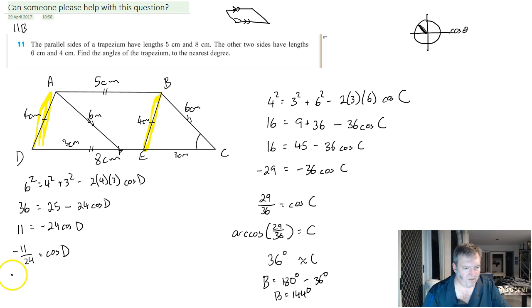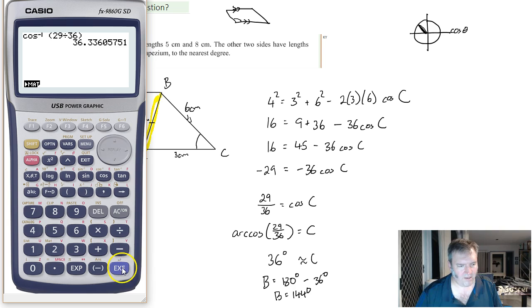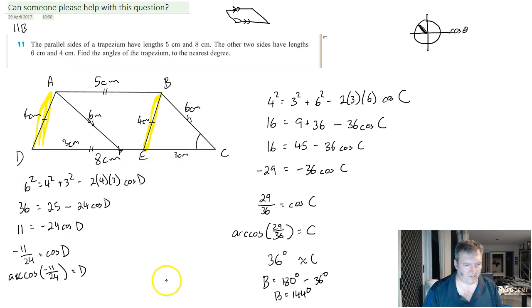Okay, so we go ahead and we do the inverse of the cosine function, which is, of course, arc cos of negative 11 over 24. Let's try and make my writing at least semi-legible. Negative 11 over 24 equals D, and we go back to our calculator to calculate that one, don't we? So go shift arc cos bracket negative 11 over 24, close bracket, and we've got 117.3, but it's said to the nearest degree, so we can have D is approximately equal to